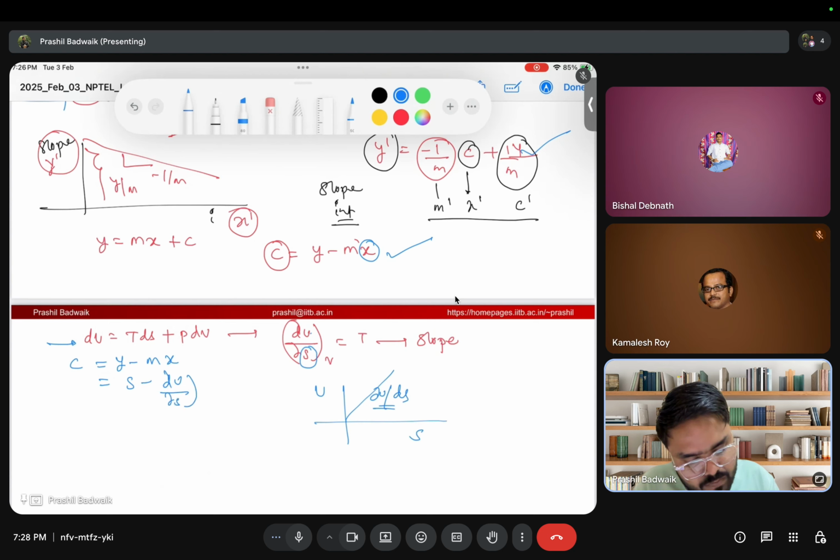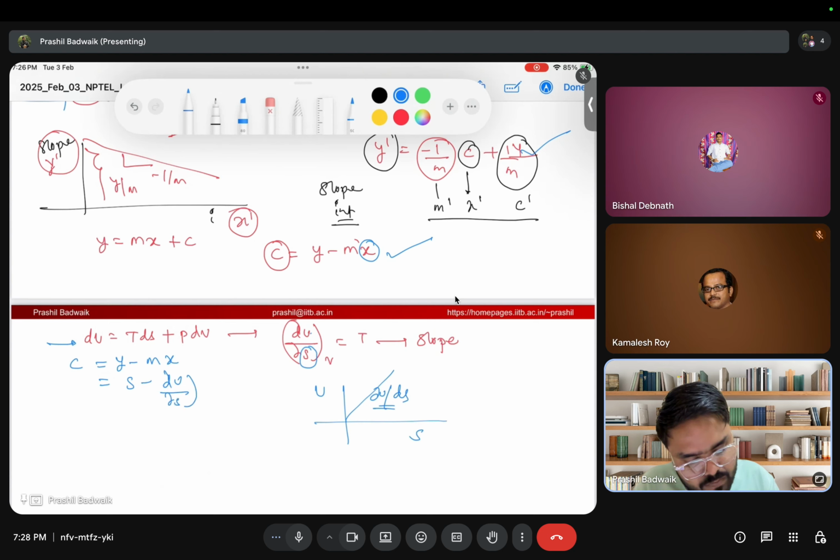Now what should we see? You know, u minus ts is the Helmholtz free energy, which is equal to f, right? Therefore df is equal to